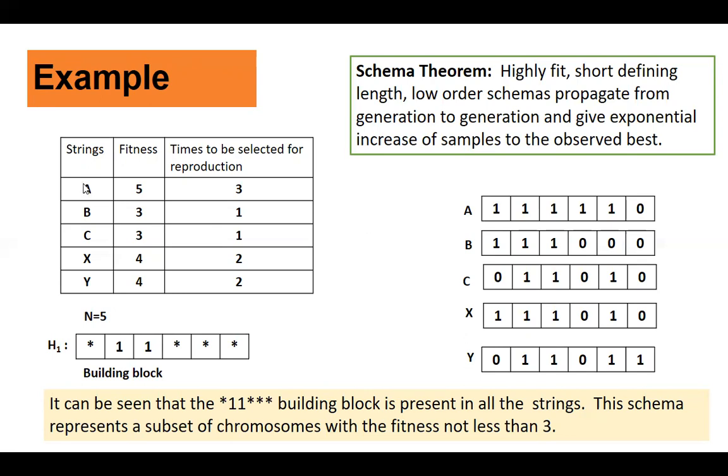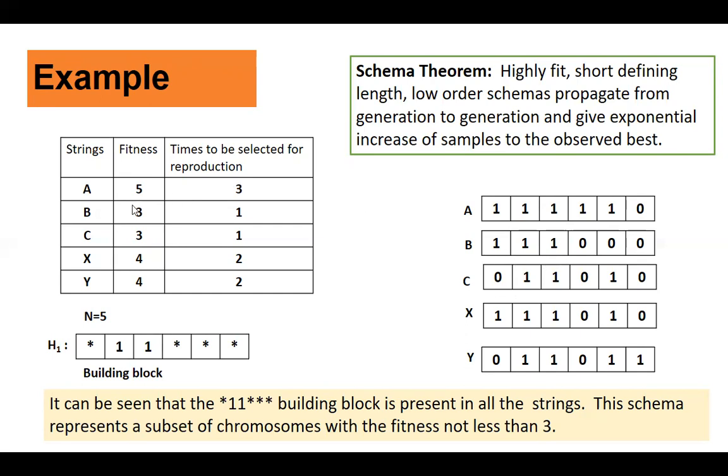You can see we have taken 5 chromosomes, or you can say 5 strings, the previous example we had on our slides, right? And we have calculated the fitness. Fitness is what? We are counting the number of ones here. Now fitness of string A is what? 1, 2, 3, 4, 5. We write here 5. Fitness of string B is what? 3.